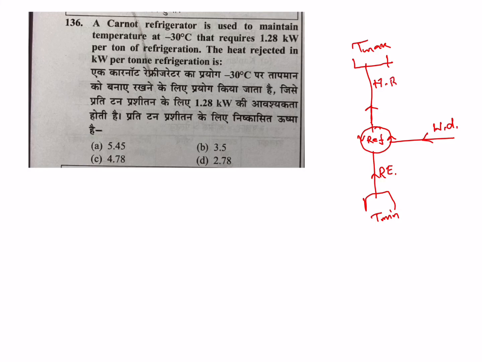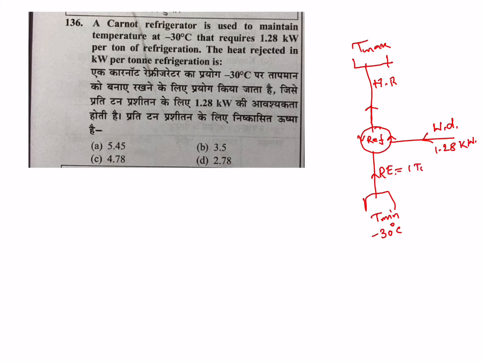So T minimum is minus 30 degrees Celsius. That requires 1.28 kilowatt per ton of refrigeration. So for 1 ton of refrigerating effect, the work done is how much? 1.28 kilowatt. So work done is 1.28 kilowatt for refrigeration effect 1 ton. 1 ton equal to